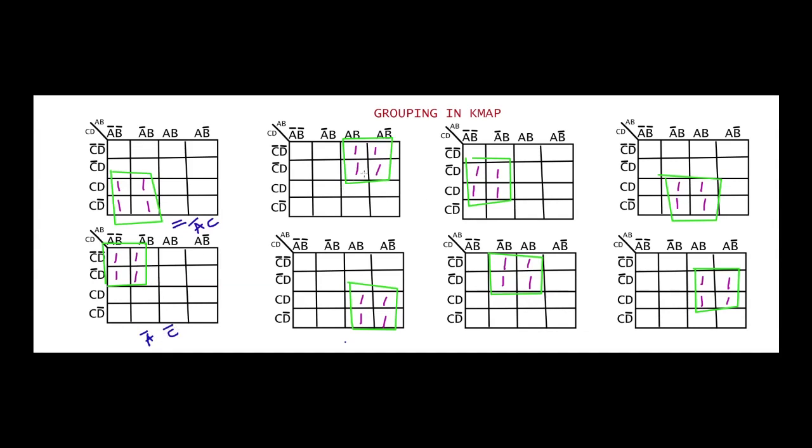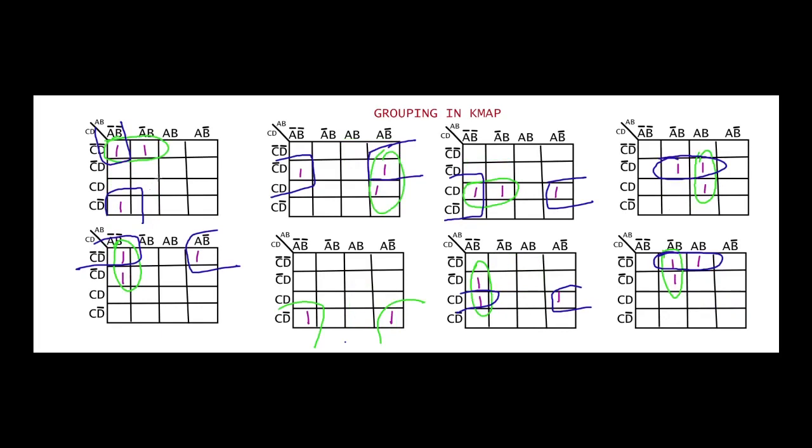So in the same way you will write for all these K maps. I'll write for this K map, and you try for the rest. For these 4 ones you have A as common here, then from here you have D. This will be the minterm for this K map. So in this way you can group the 4 ones.